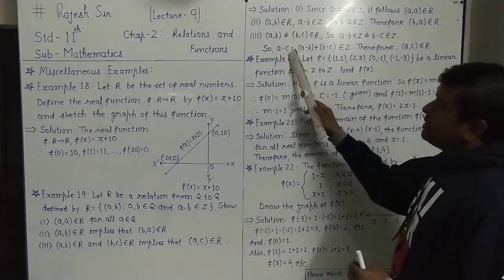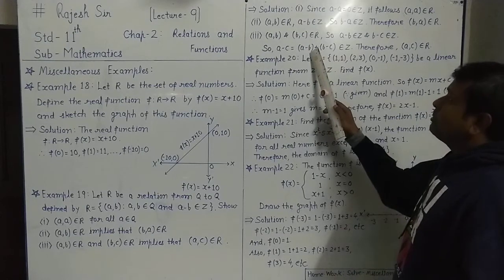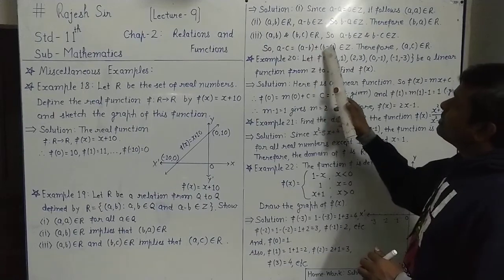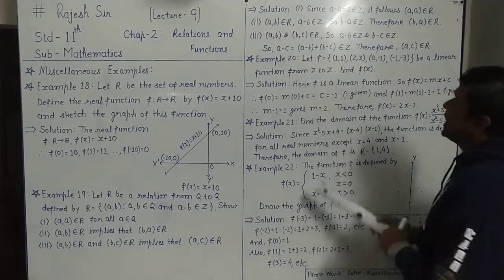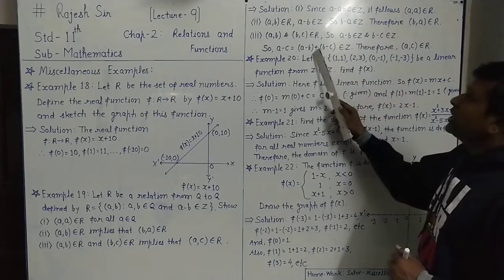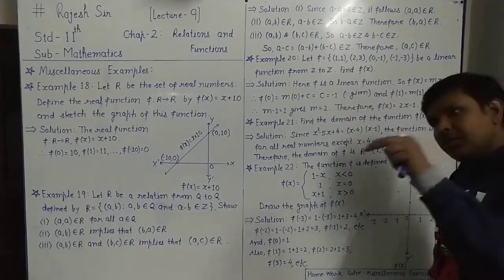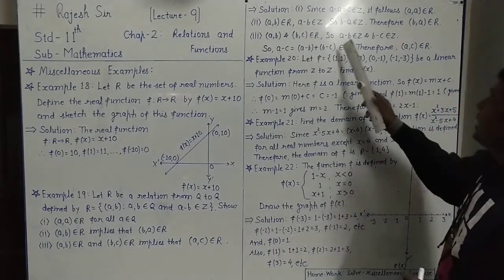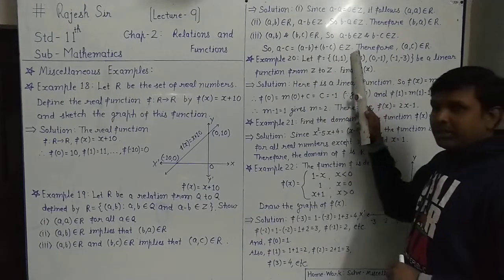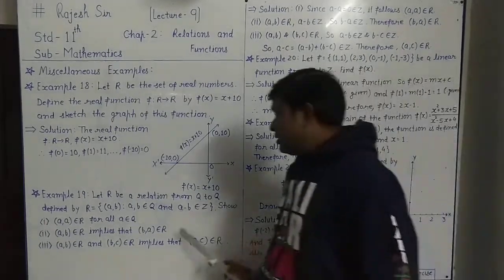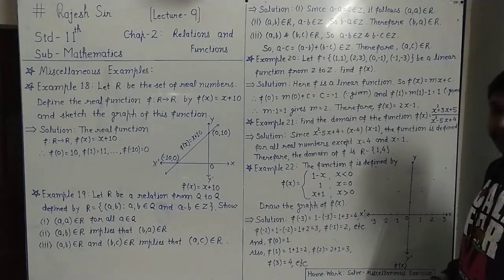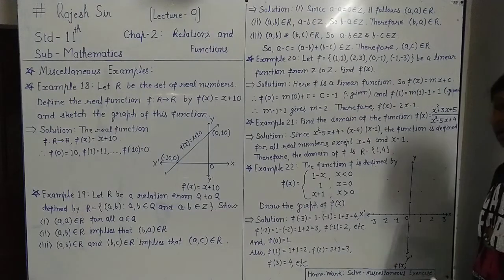To get A minus C, we can subtract B and add B. This A minus B plus B minus C, the minus B plus B cancel, gives A minus C. And as A minus B belongs to Z, and B minus C also belongs to Z, the sum of two integers will also be an integer, so this answer also belongs to Z. That means A minus C also belongs to Z. If A minus C belongs to Z, that means AC is in the relation, so AC belongs to R. So that way all three we have shown, very easy.